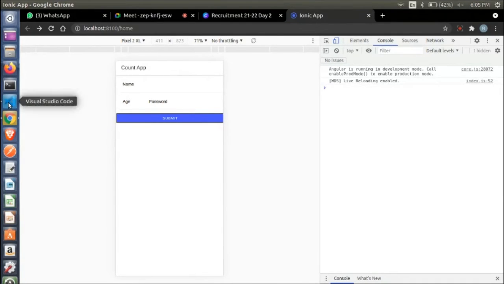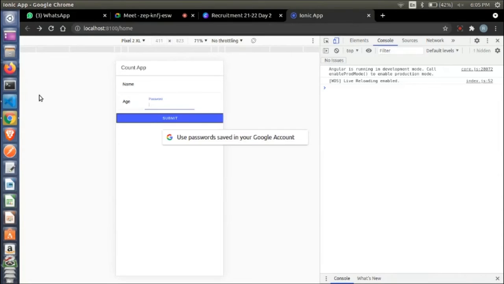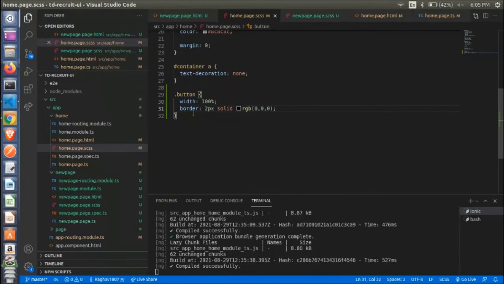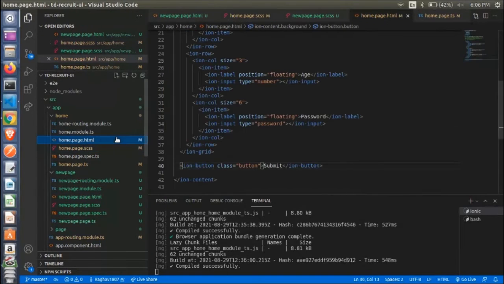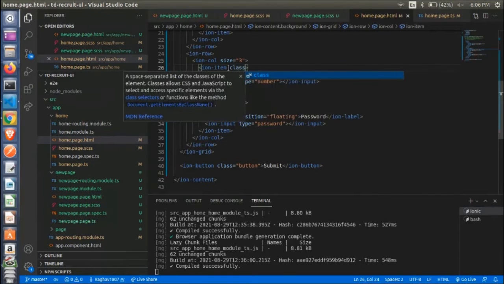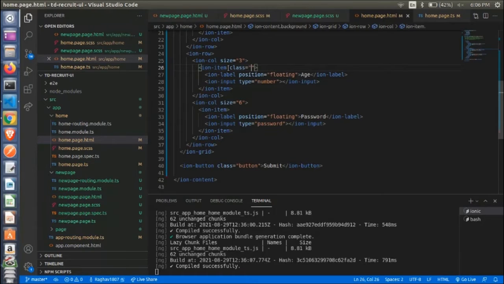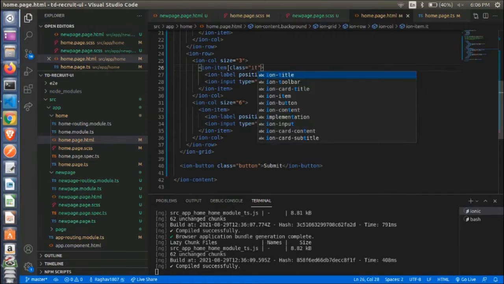Okay. Next, let us add some CSS to add a border to the name, age, and password components. For that, we will need to specify the class to the ionic item. So I give the class equal to item.